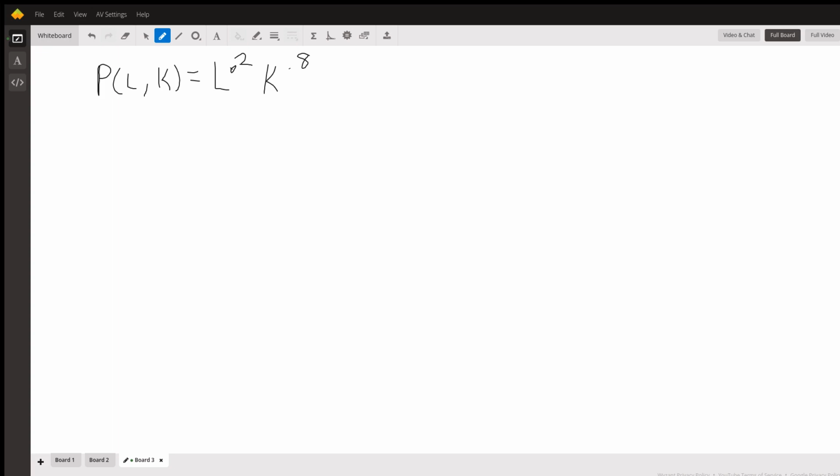I think it says a company is... I'm reading the problem very quickly here. Find the values of L and K which maximize production. Okay, so to find the values of L and K that maximize production, you're going